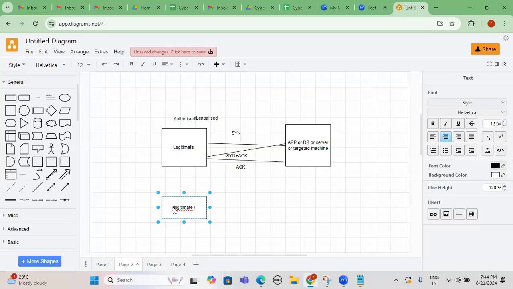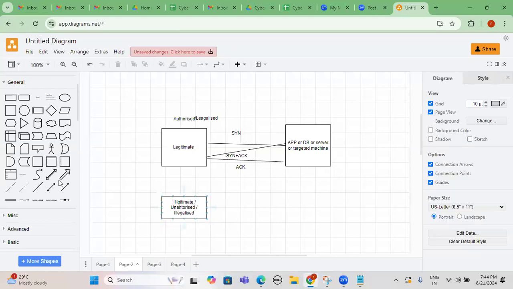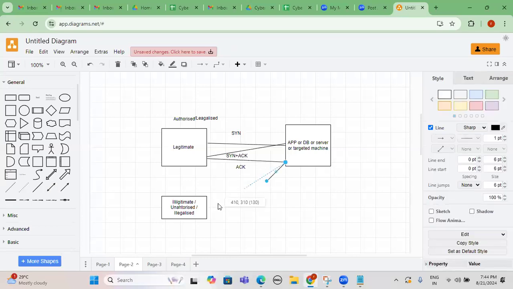So this is also called unauthorized or illegal. Now this is the attacker, hacker or intruder. Instead of one request, he will send a flood of SYN requests. Why can we use the synchronization request? First of all, it is for connection initiation. It's one of the TCP flags, which we already know. So the attacker will send a flood of synchronization requests to the target machine, like an initial setup